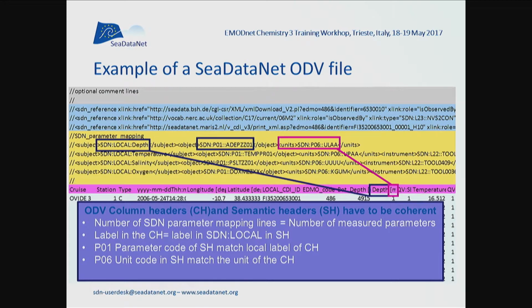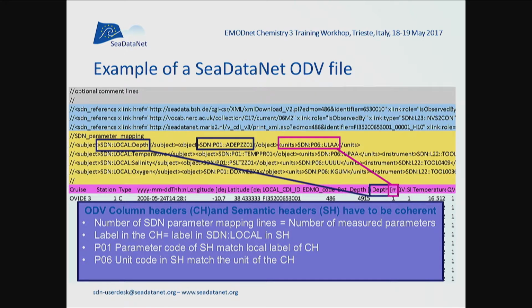The first parameter here is depth, which is the first line in the SDN parameter mapping lines. It says that depth, which is the local name in your files, is mapped to ADEPZZ01, which is a P01 parameter, and whose unit code corresponds to meter here.